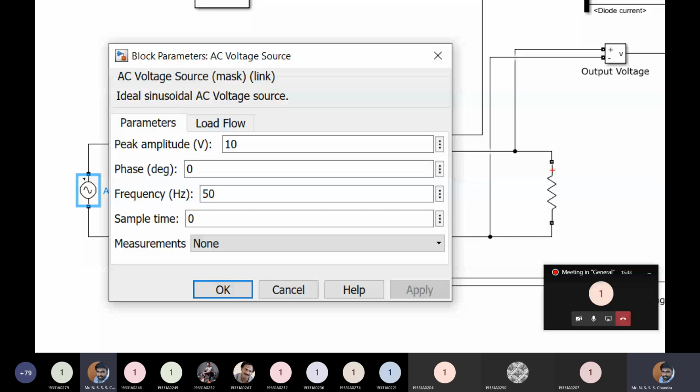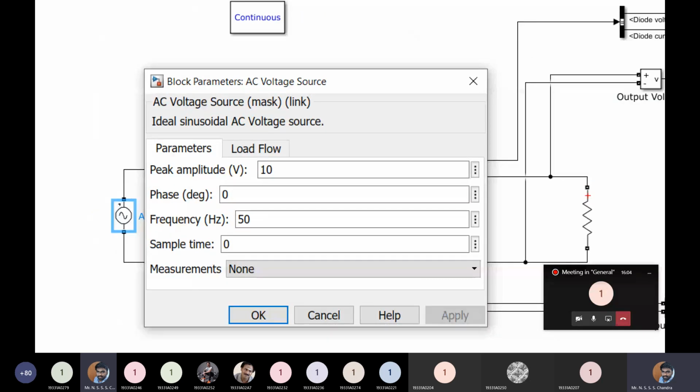So instead of using a transformer and then giving a low voltage, I'm directly taking a low voltage signal over here. It is because in a simulation circuit it's easy to take any value of your choice. However, in practice, we shall take the voltage from the power supply, and then use a small transformer in our laboratory. The transformer will convert your supply voltage to our desired voltage. And the frequency of supply is 50 hertz.